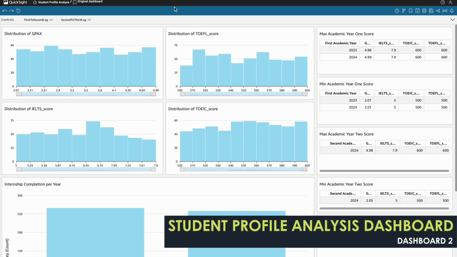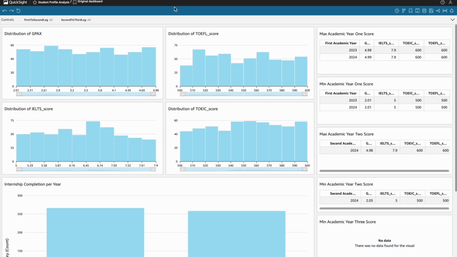Okay, so we will discuss this dashboard, which is the student profile analysis. This dashboard provides valuable insights into student academic results, language proficiency, and internship participation across recent academic years. Let's start with the top left visualization, which is the distribution of GPAX. It ranges between GPAX of 2 to 5, and you can see that there is some clustering between 2.6 and 3, and also at 3.8 to 4, and some peak at the end,